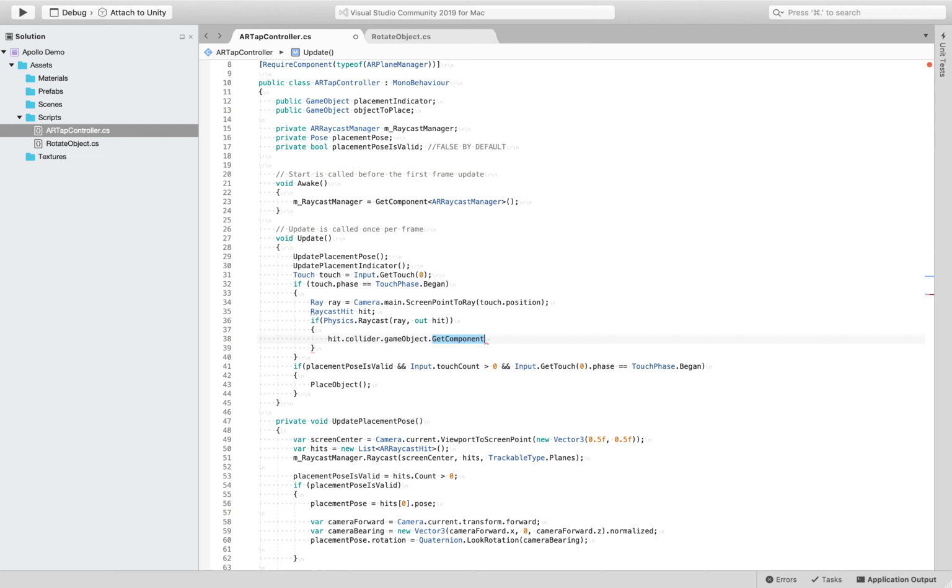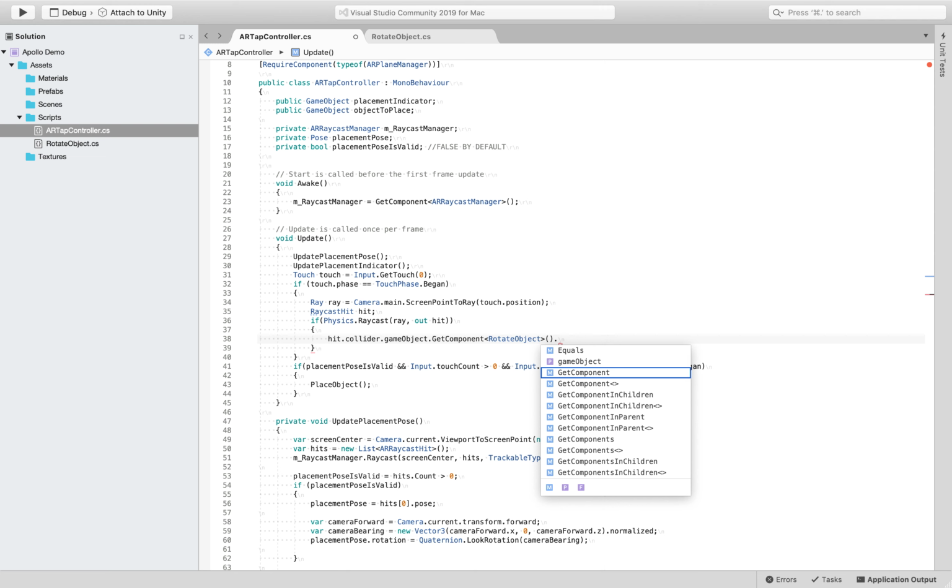And the component we're looking for is that script that we just wrote, which was called RotateObject. Okay? And so that's inside of these triangular brackets. And then open close parenthesis,